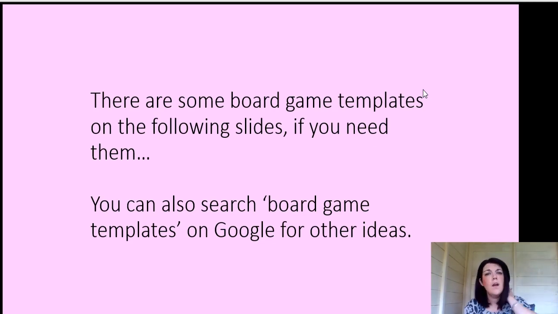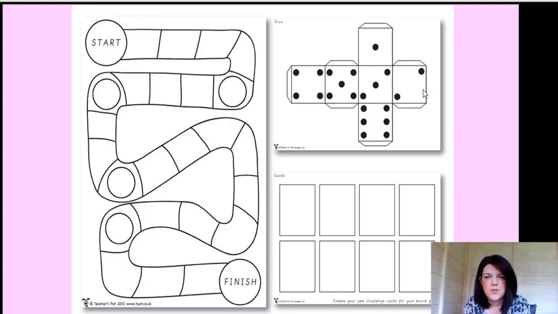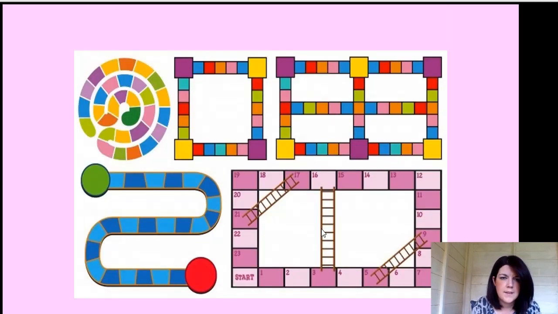Okay. Obviously, you can use the internet yourself and search for templates and other ideas. That's fine. I've just found a few really quickly. So this is a really straightforward one, isn't it? And you might want to add information into each section about something that happens within Coraline. A dice, and then this one, a card template if you do want to make some chance cards, or you want to make your own set of top trumps as a separate thing, and not do a board game, then that's fine.